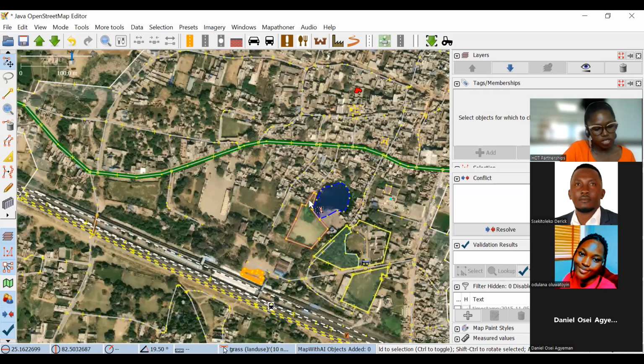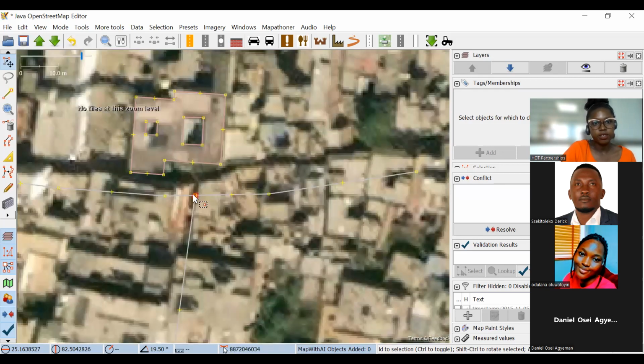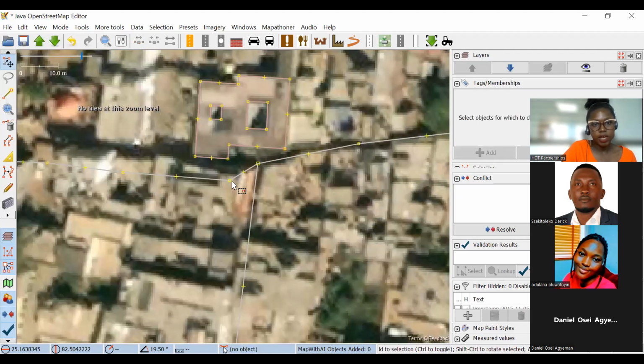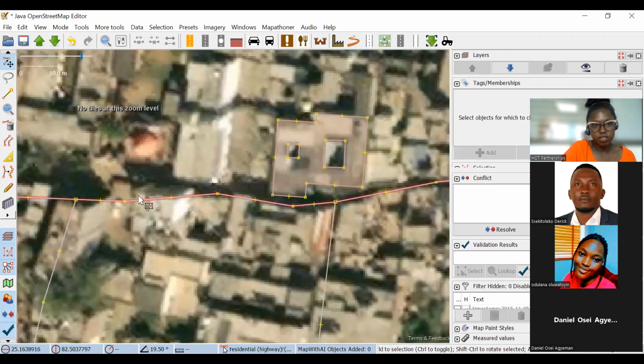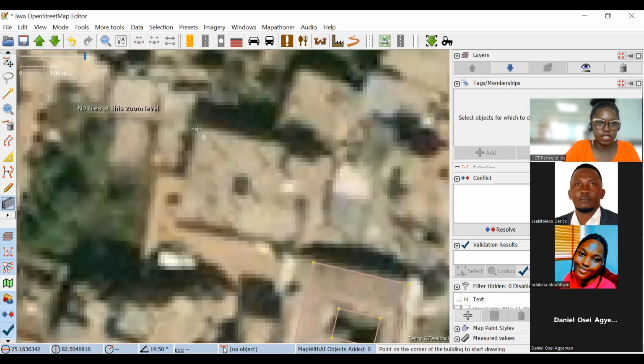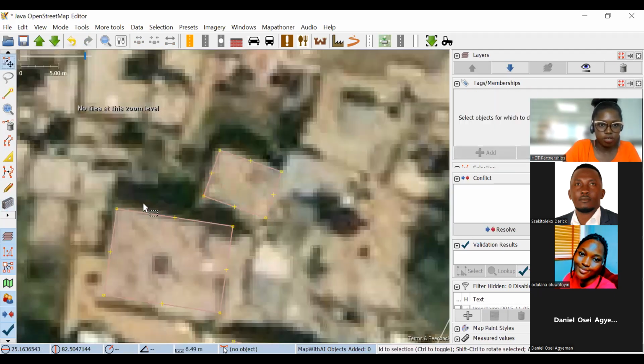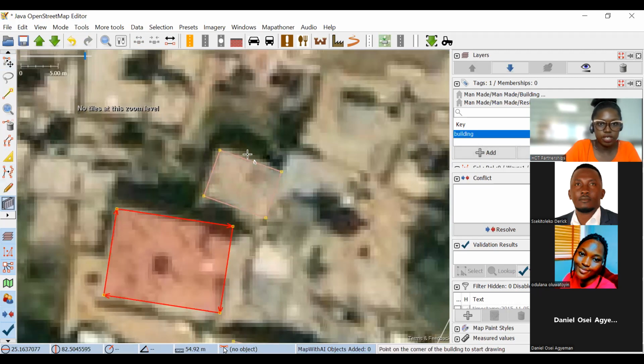So another thing I'm going to illustrate is how to map in a dense area. I can see this place is quite dense. So again, I'm moving the road slightly away to align it on the road by holding the nodes and moving the nodes. I'm not moving the building like this. I think I illustrated this last week, but I'm going to do it again. You select one, hold your control key down,